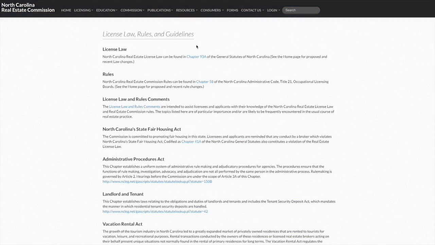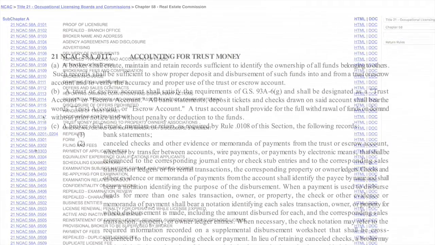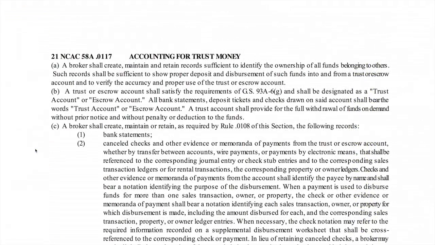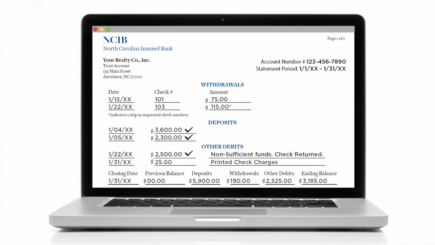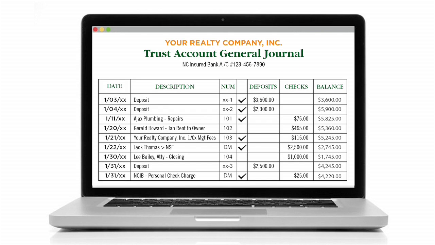Do you need help understanding how to reconcile your trust accounts each month? The rules for reconciling real estate trust accounts can be found on the Commission's website. Start with your trust account bank statement. For each transaction shown as cleared on the bank statement, check it off as cleared on the Trust Account General